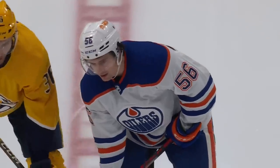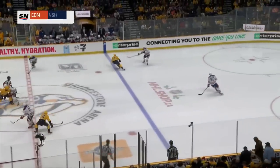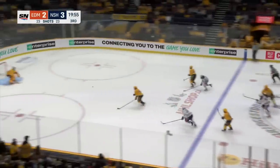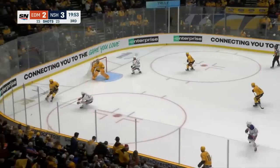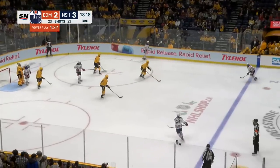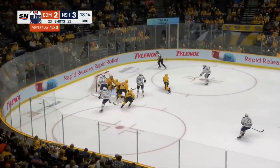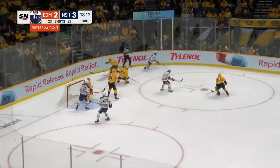Looking to carry that trend forward, down by 1. So the score 3-2, the Oilers will try for the 4th time this year to rally when trailing after 2. And McDavid and Barrie trade the puck. Now it's Nugent-Hopkins to the net. Hyman trying to go back door, and a lunging play made by